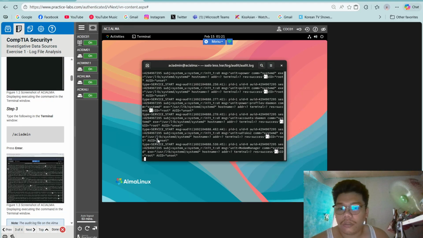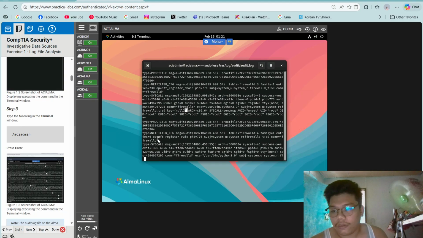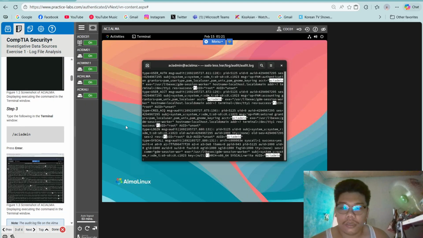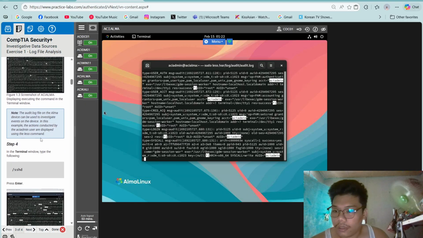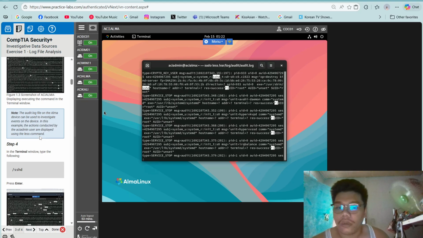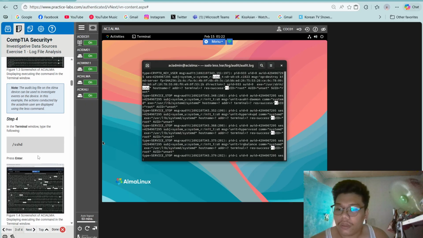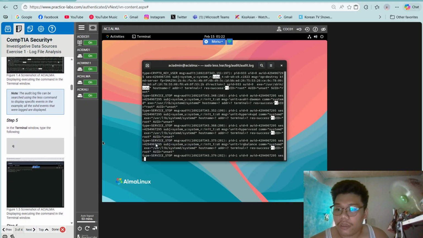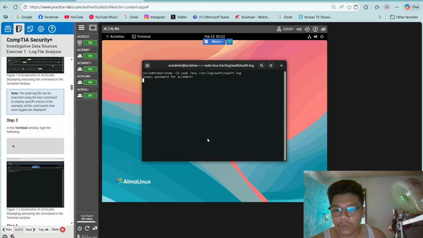Scroll down. You can now type ACI admin, hit enter, then slash ssh for step 4, then step 5, the terminal Q.